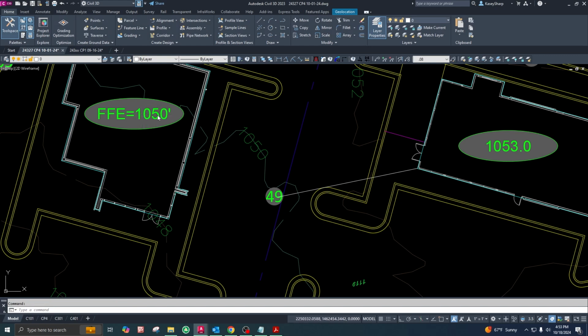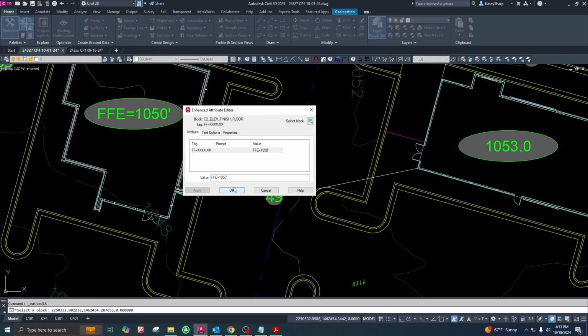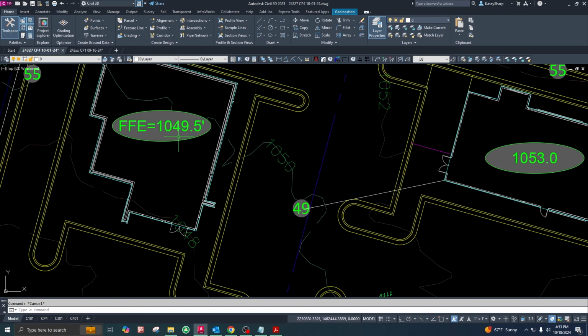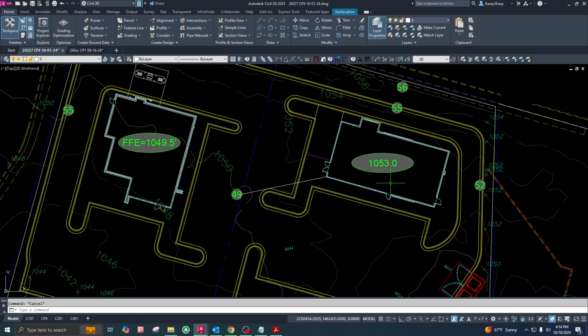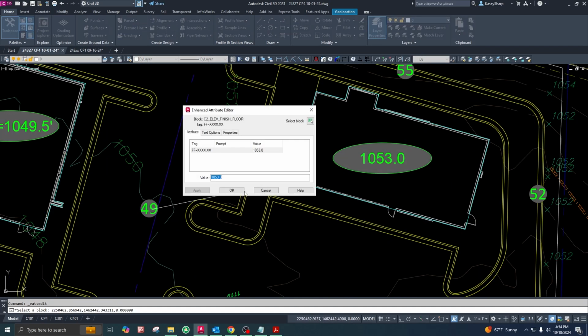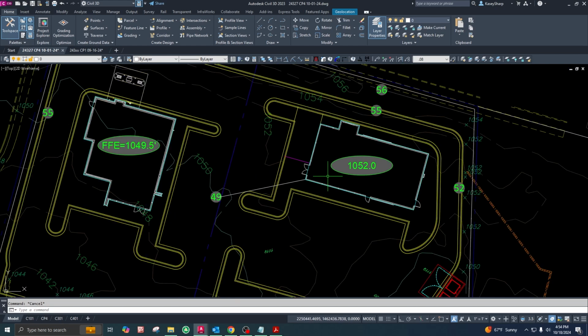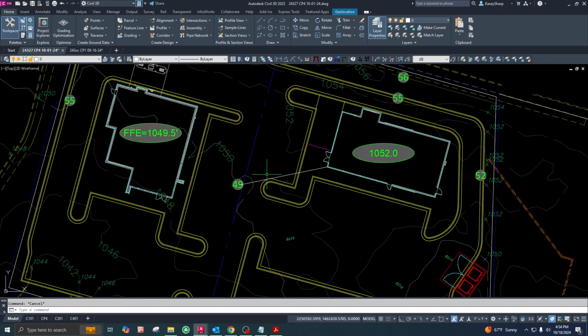Or lower FFEs. We're just going to go ahead and lower FFEs. So we're going to drop this down to 49.5. We can adjust this again a little bit more later, and then we can lower this guy down to probably 52. So a 3 foot drop over 52 feet would be about 5.5 to 6%, which is probably fine. Okay, so we're going to have a low point here essentially,